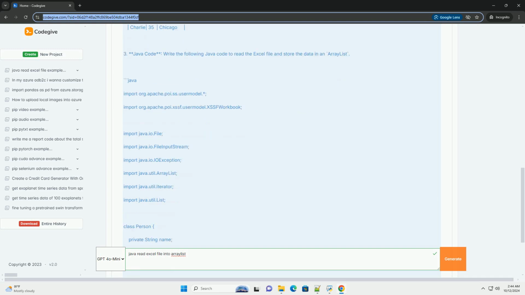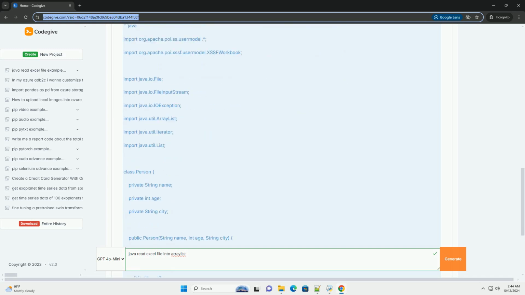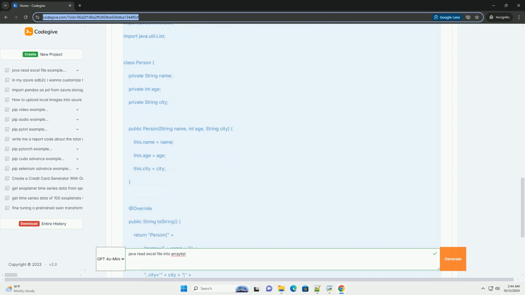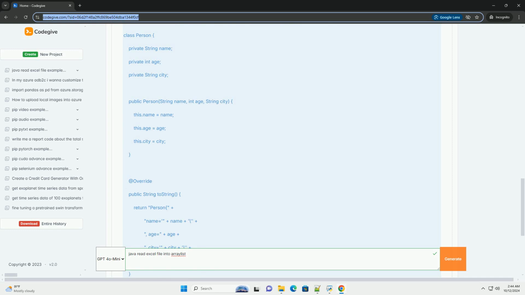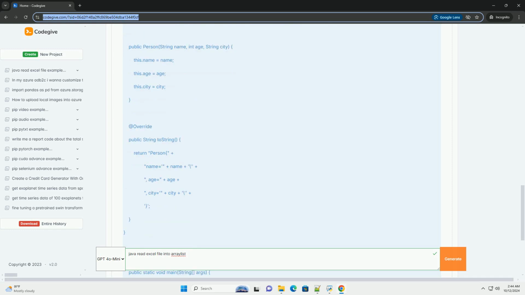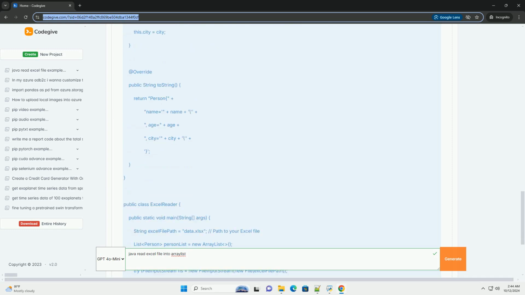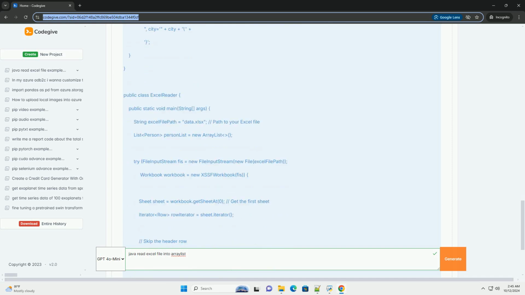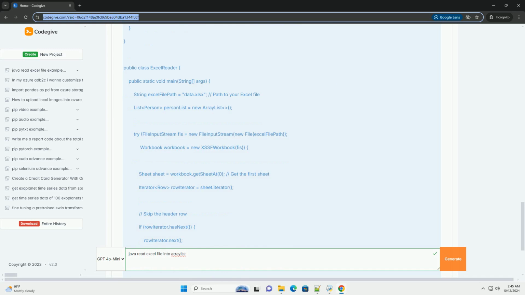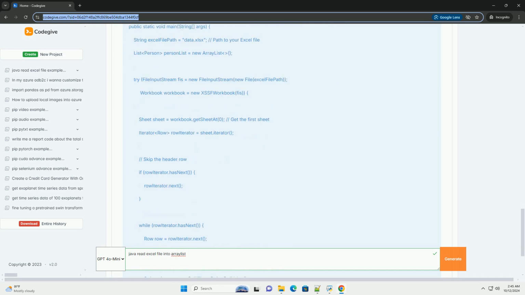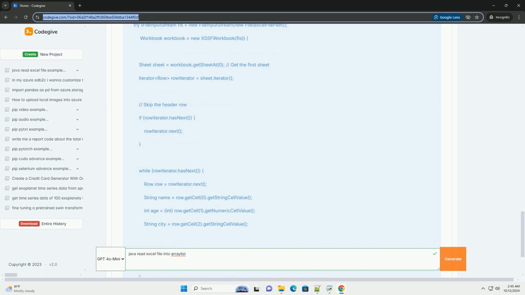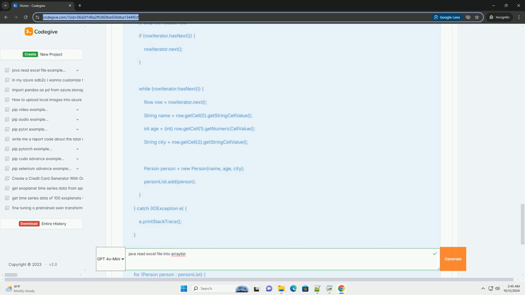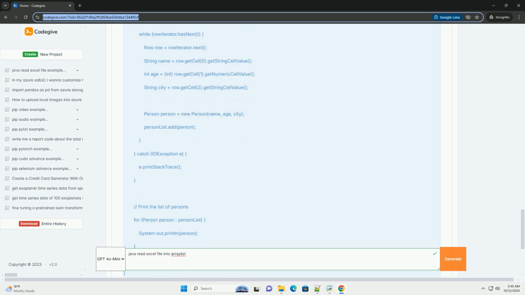Prerequisites. 1. Java Development Kit, JDK. Make sure you have Java installed on your machine. You can download it from here, https://www.oracle.com/java/technologies/javase-jdk11-downloads.html. 2. Apache POI Library. Download the Apache POI library from Apache POI's official website,